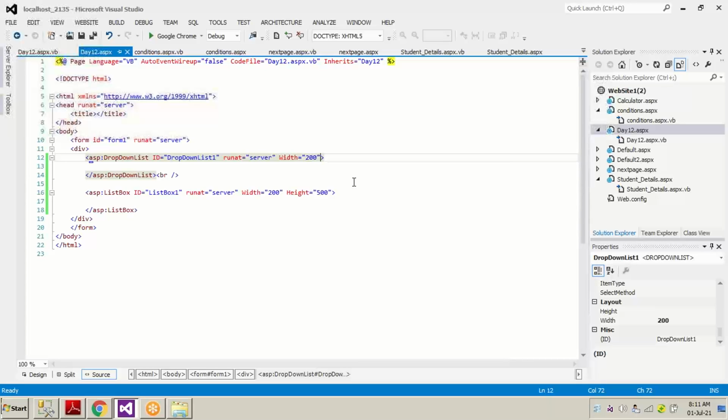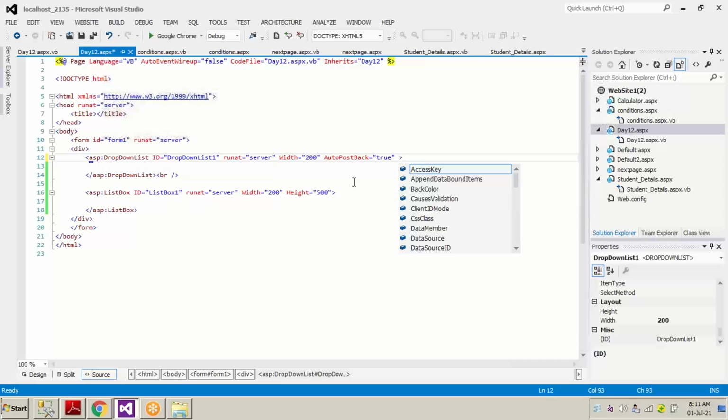Remember, now we have to create the event in drop down list box 1. So first of all, we will be adding AutoPostBack equals true. Means what? Whenever the record of the drop down list is changed, the page is going to be refreshed.